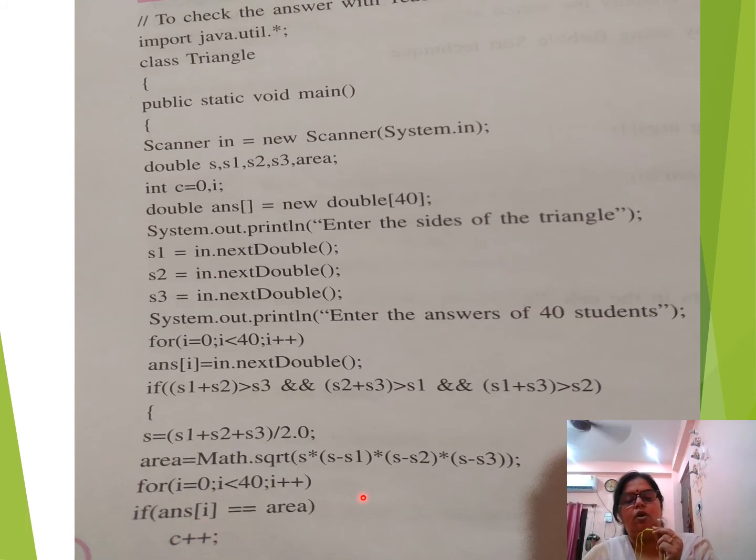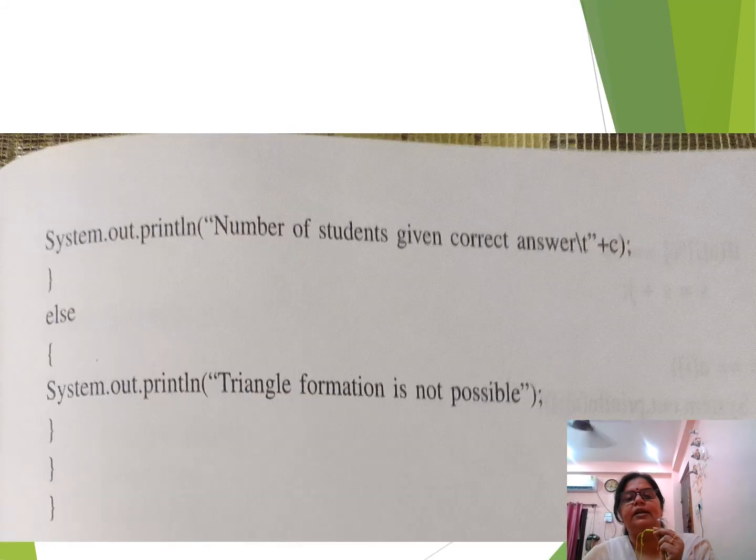If it is equal, the count variable will increase one by one, and we will get the answer of how many students gave the correct answer. The count will be printed, and else the triangle formation is not possible.